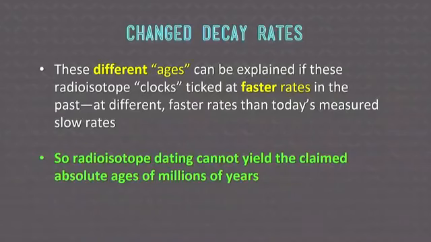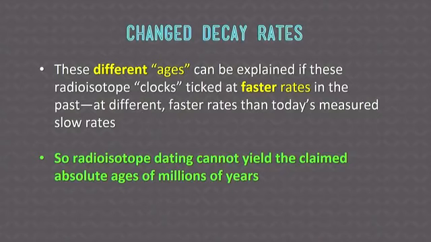And that makes sense because during the flood, you had catastrophic geological processes operating at rates that we can't even imagine or simulate today. So if geological processes of erosion and transportation of sediments and fossilization were occurring catastrophically, why not radioactive decay rates? So the different ages can be explained if these radio clocks ticked at faster rates in the past, at different faster rates than today's measured rates. So that means if the decay rate wasn't constant, radioactive dating